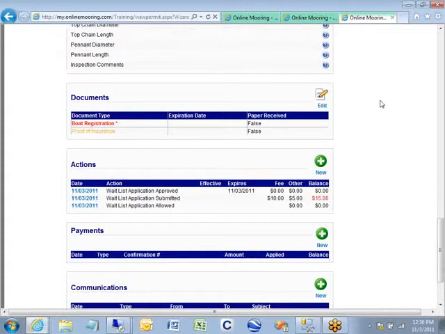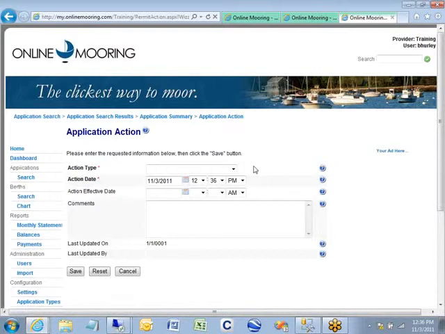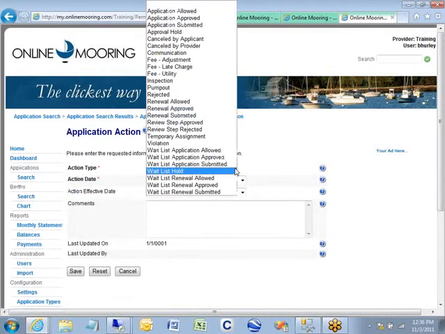In some manner, you need to add an action to each application that needs to be reviewed. I'm going to show you here how to do it for a single application, but there is also a way to do it in bulk so that, for example, if you have 100 people on the wait list, you can all at once update all 100 applications so that all of them can renew. When you do that, behind the scenes, what it's doing is adding an action to every one of those 100